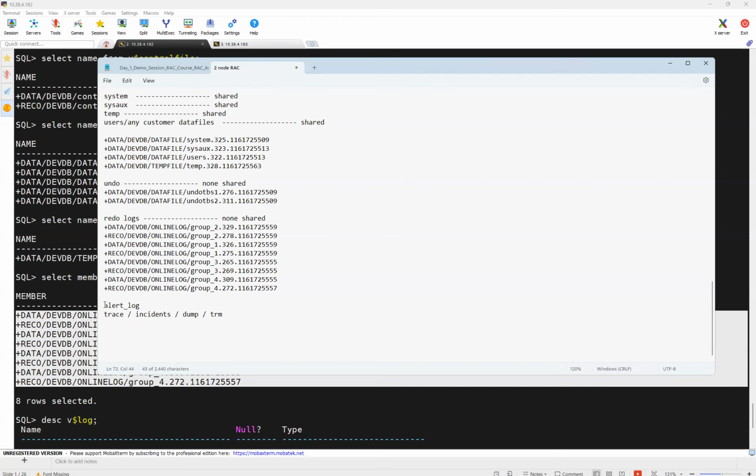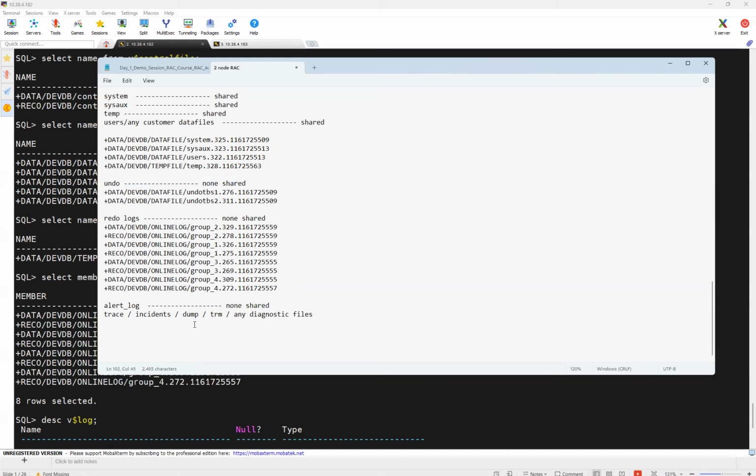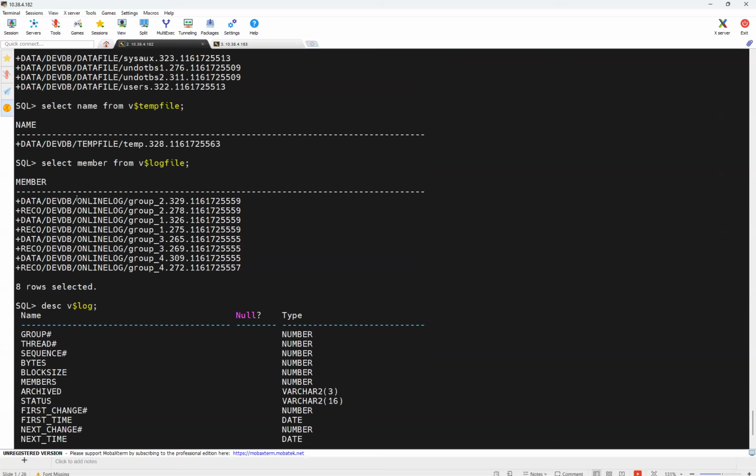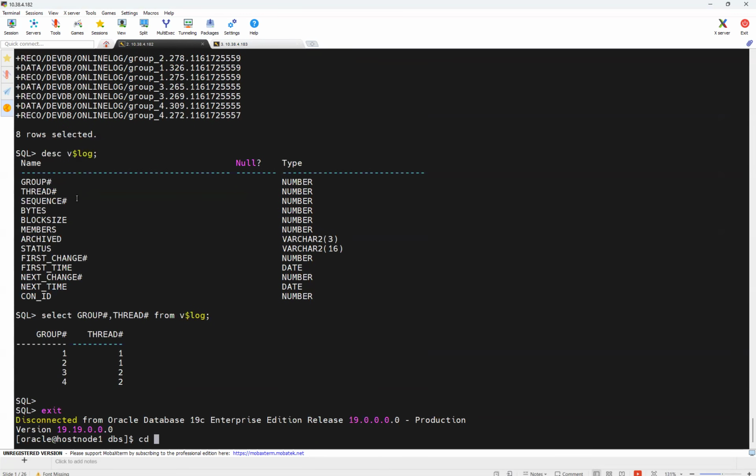But apart from that, whatever other files you can see, trace files, incident files, dump files, TRM files, any diagnostic files are non-shared. Right? So any of the diagnostic files are also non-shared, because node 1 has instance 1, node 2 has instance 2. So if I go to my node 1 diagnostic file location, u01 app oracle diag rdbms, your DB name,